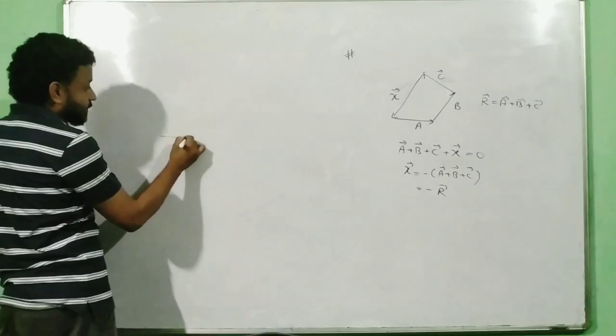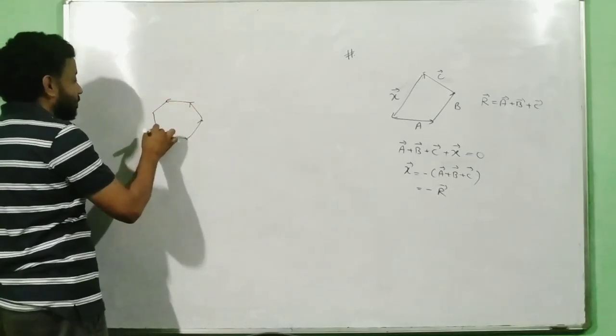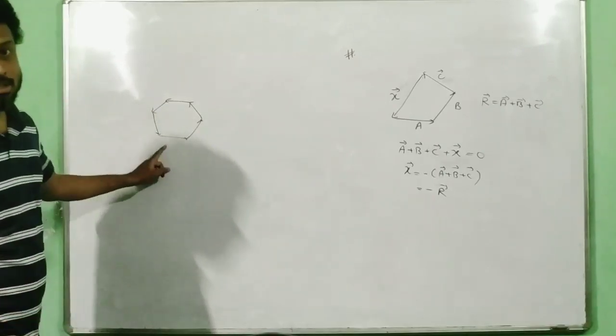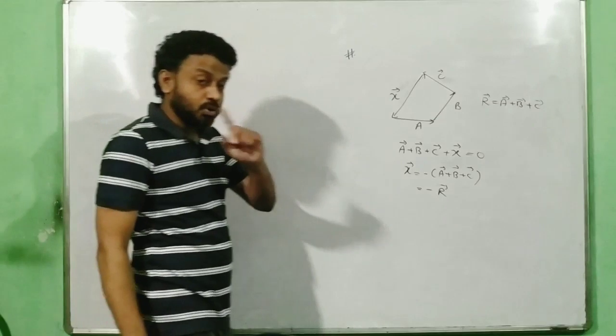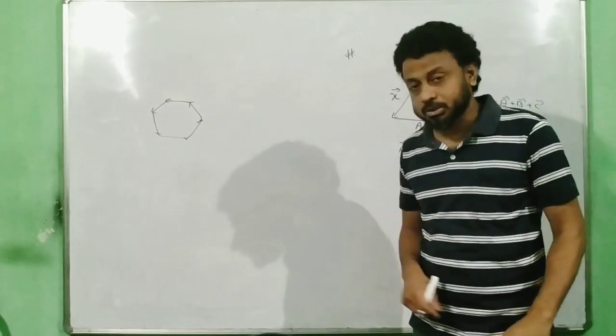This question which I just did, trust me, the wordings of the question may change in such a way that you know the answer is 0 here, the resultant is 0, but I will tell you the wordings will change in such a way that you will not be able to identify that I am dealing with this question. Trust me.